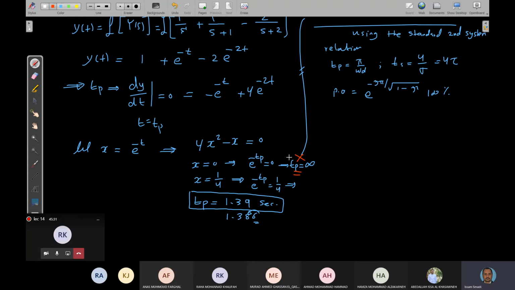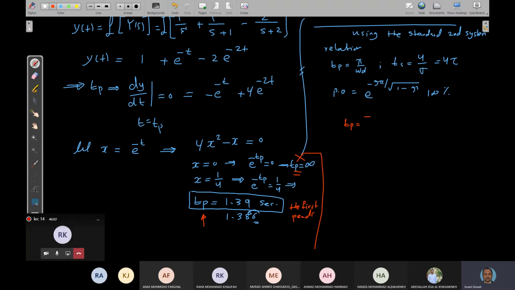Simply, if I have TB, do you remember what we defined as the peak time? The time at which the response peaks for the first time. So it peaks here, correct? So this is the first peak, yeah? I will consider this one the first peak. Now let's see, if I'm using here TB